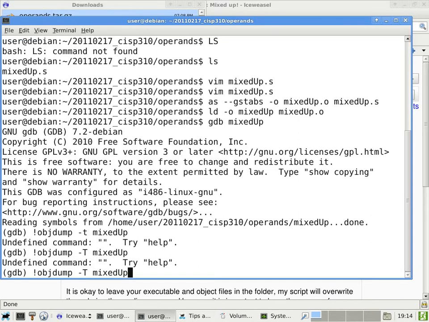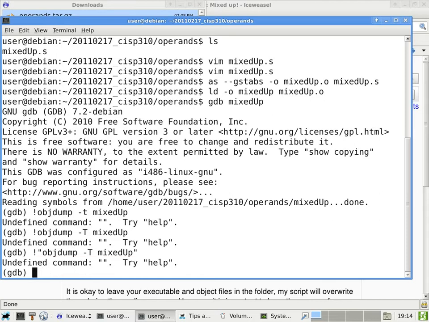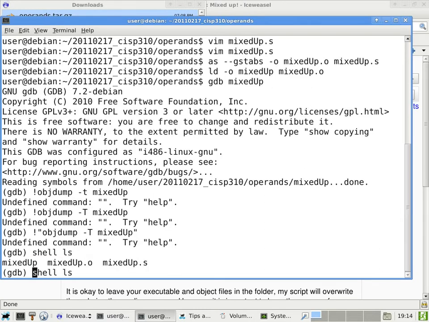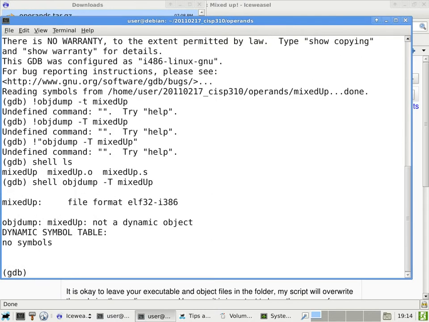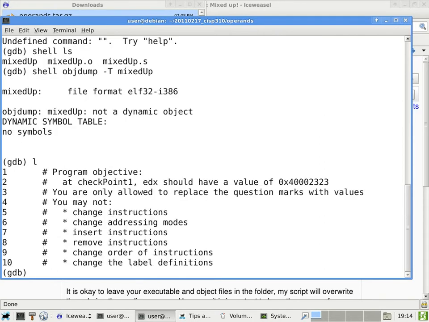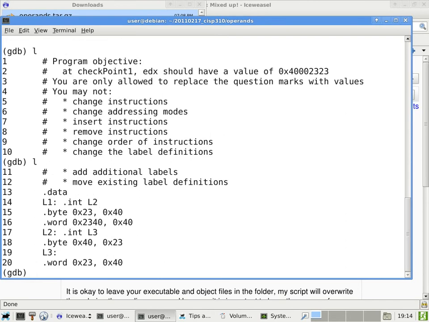There's a way to shout out, I cannot remember how to do it. Okay, there we go. So I just need to spell it out as shell. Not a dynamic object. If you had typed L and just looked at it by now, we'd have had it done. Yeah, but I was hoping I can use objdump because it will actually give me the size of each section,